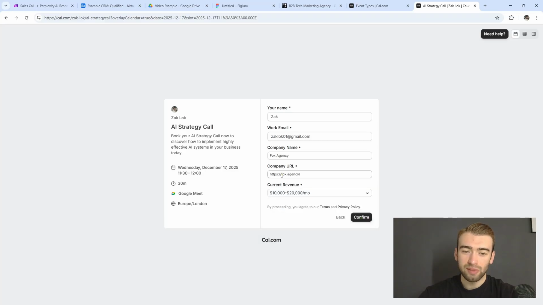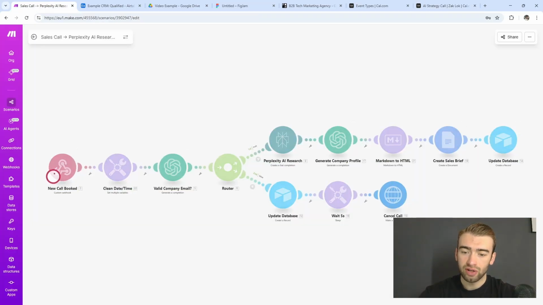And then for the work email, I just want to make sure it's actually a work email, because if it's not, it will trigger the disqualification in my workflow. So I'm just going to type in a fake email here, and I'll type in some random letters just to make sure it doesn't actually go to a real email address. But if I go back to the workflow here and make sure it's turned on,